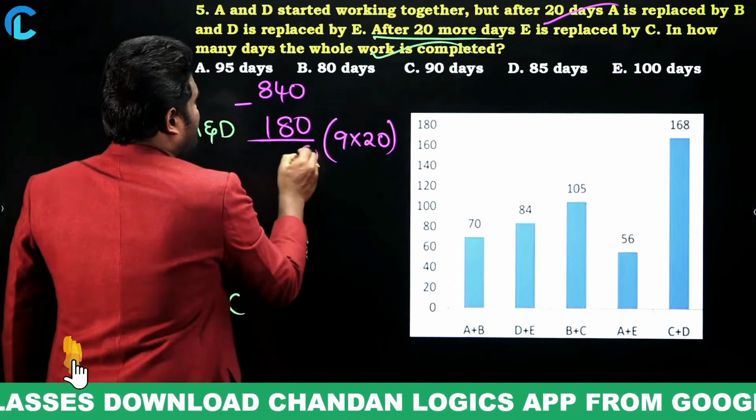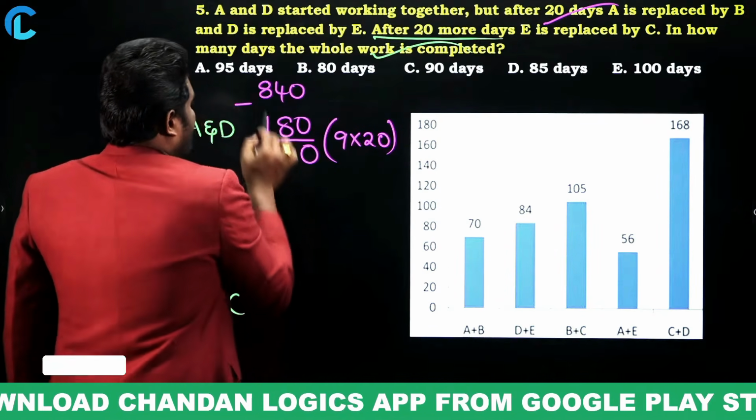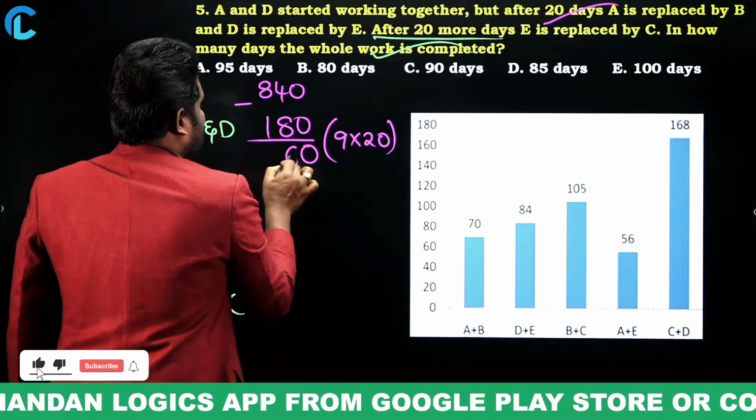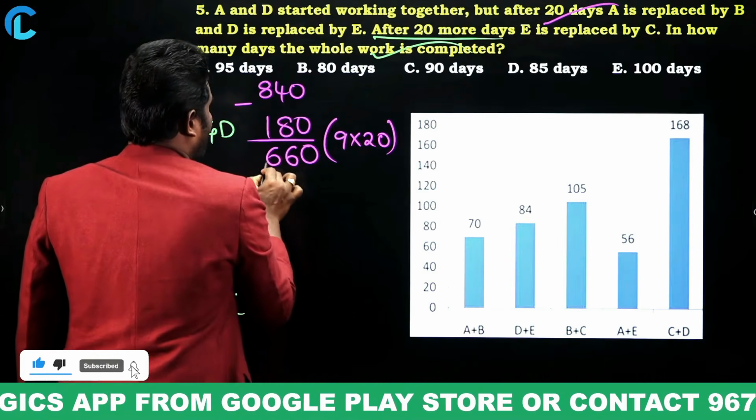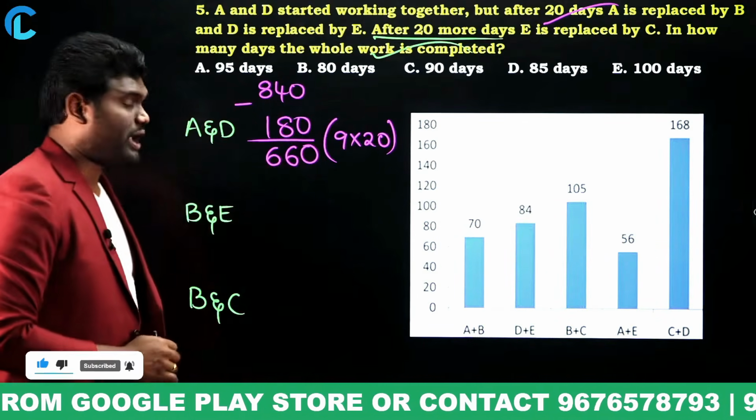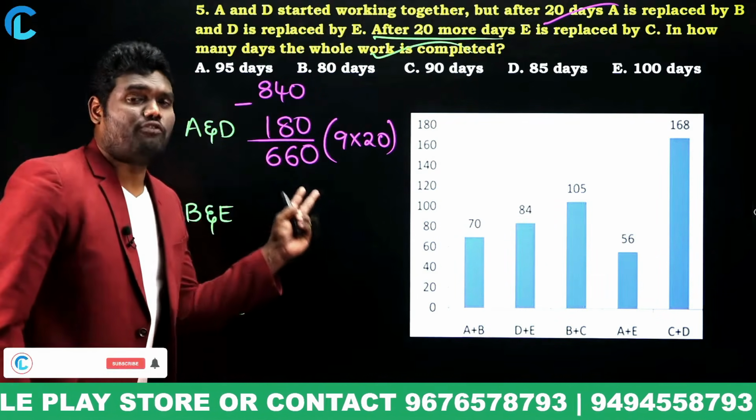Okay. Now, when we subtract, remaining will be how much? 14 minus 8 means this is 6. 7 minus 1 means 6. So remaining balance is 660. Now this 660 units of work,